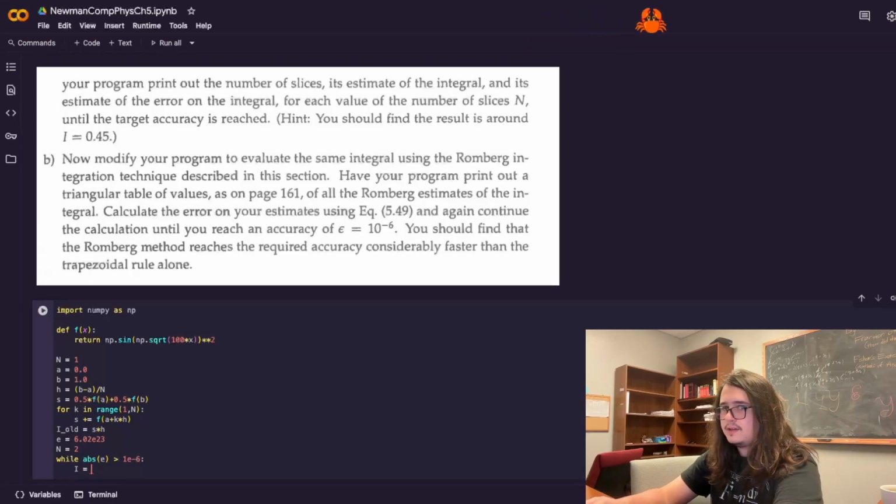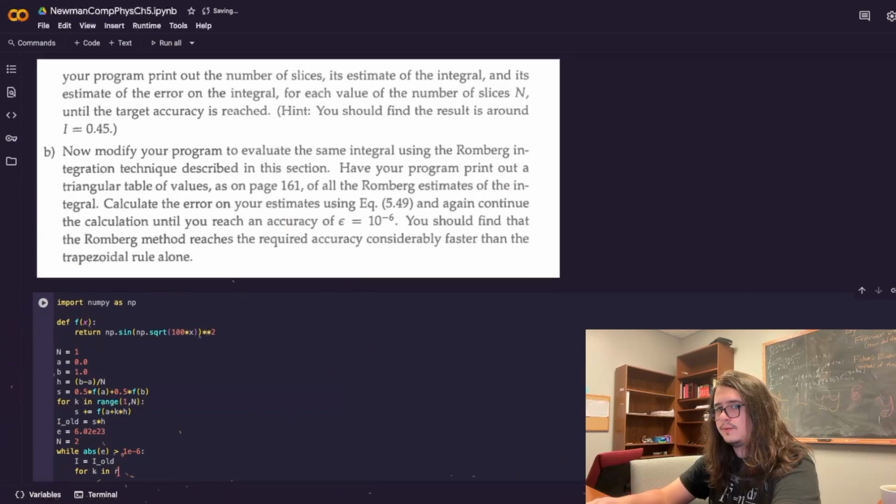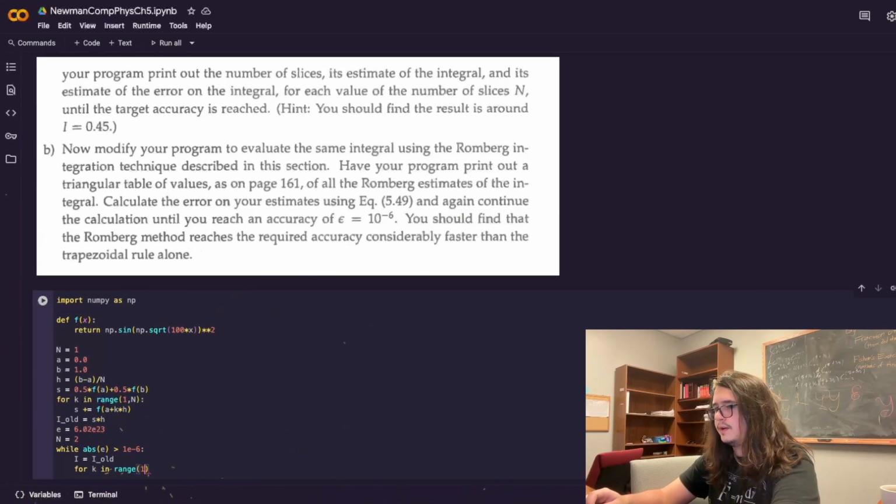You take I equals I underscore old, and then you introduce a loop. So for k in range 1 to n again,